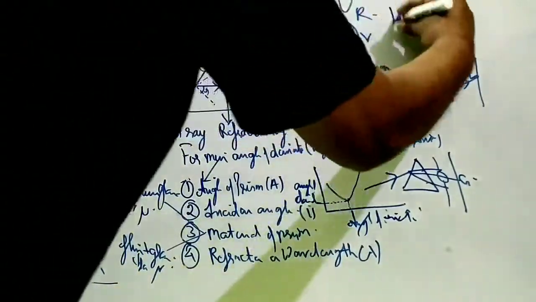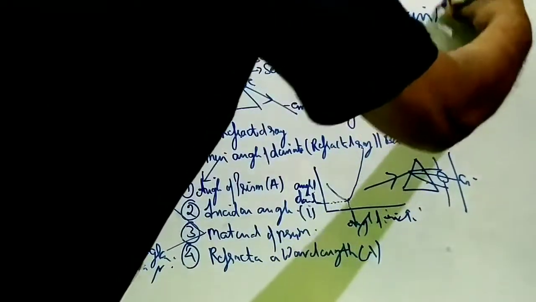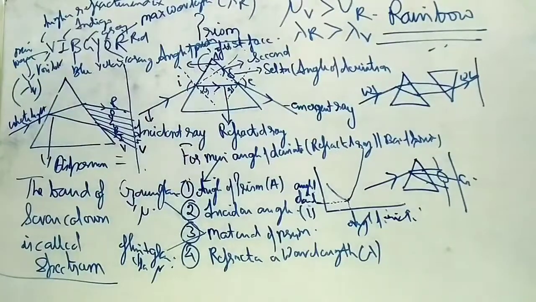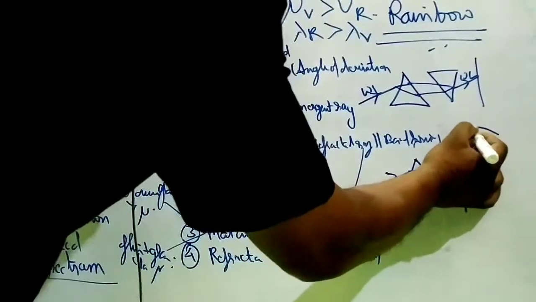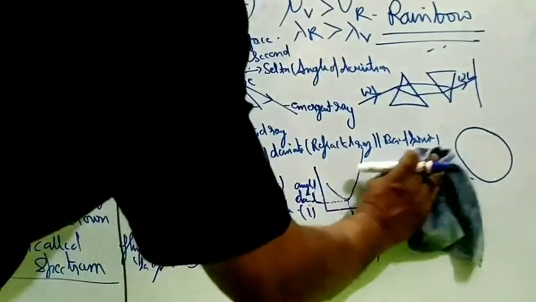On this phenomenon of 7 colors, there is one concept which you must have seen, called a rainbow. Have you ever seen a rainbow? After the rain, you will see the rainbow formed in the sky. How does this happen? It is due to the effect of reflection and refraction. Suppose this is a droplet of water.